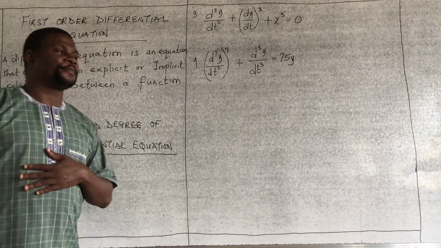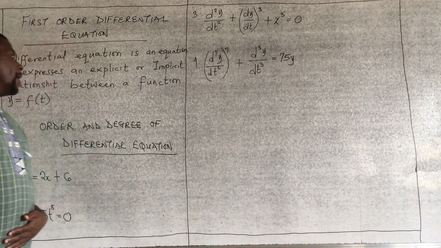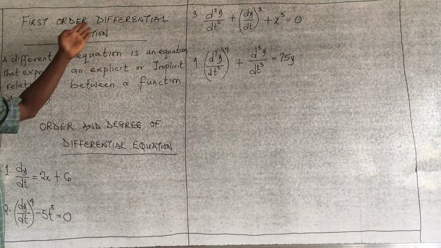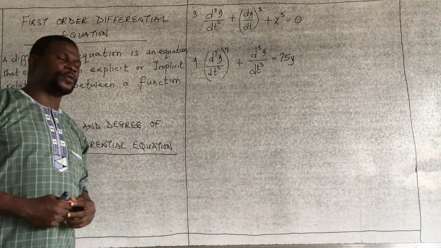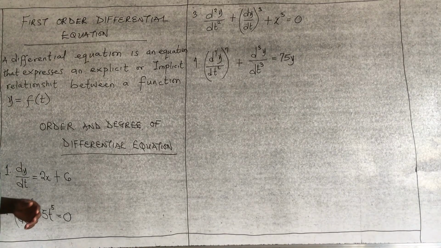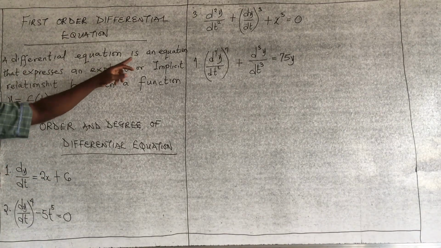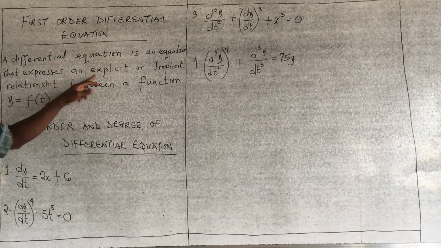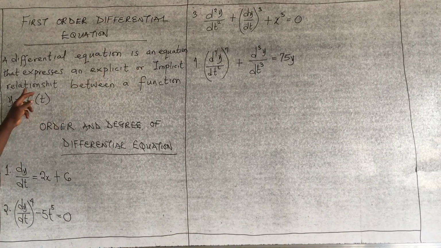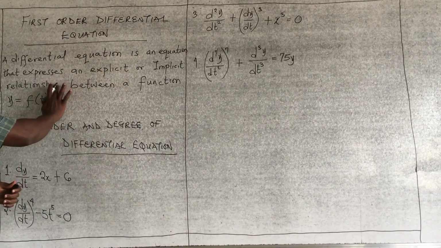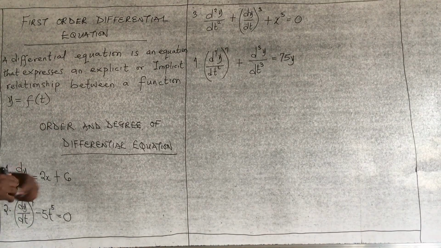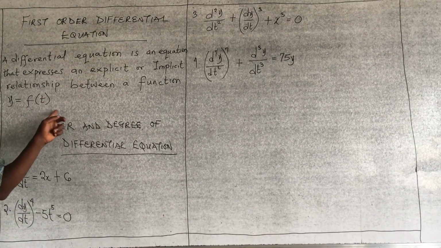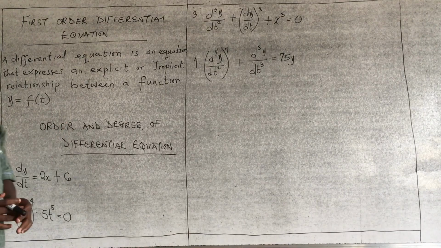Good day, everyone. Today we are looking at first order differential equations. Now, a differential equation is an equation that expresses an explicit or implicit relationship between a function of y and t. Now, what this is saying is that